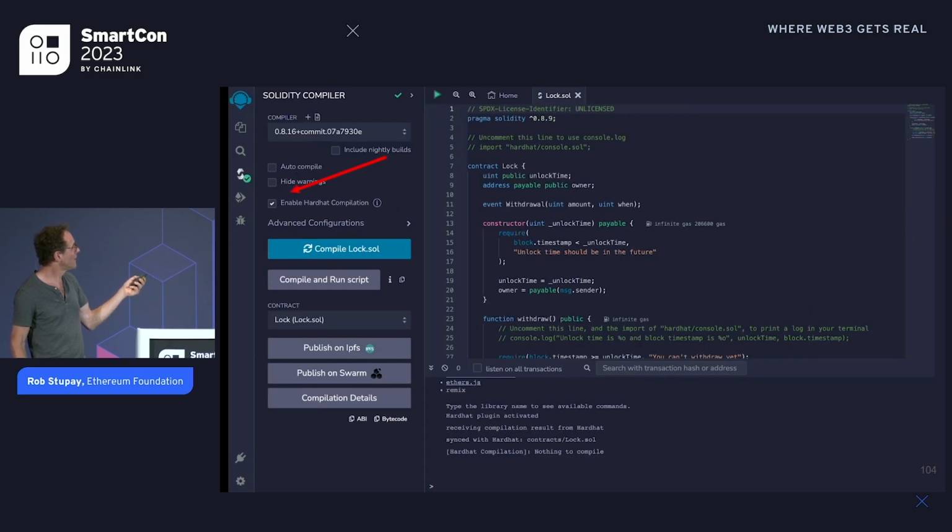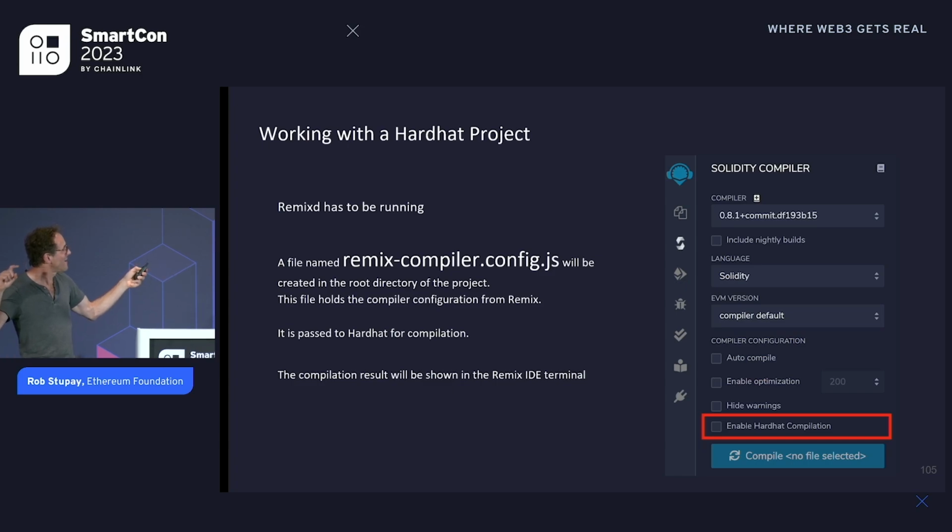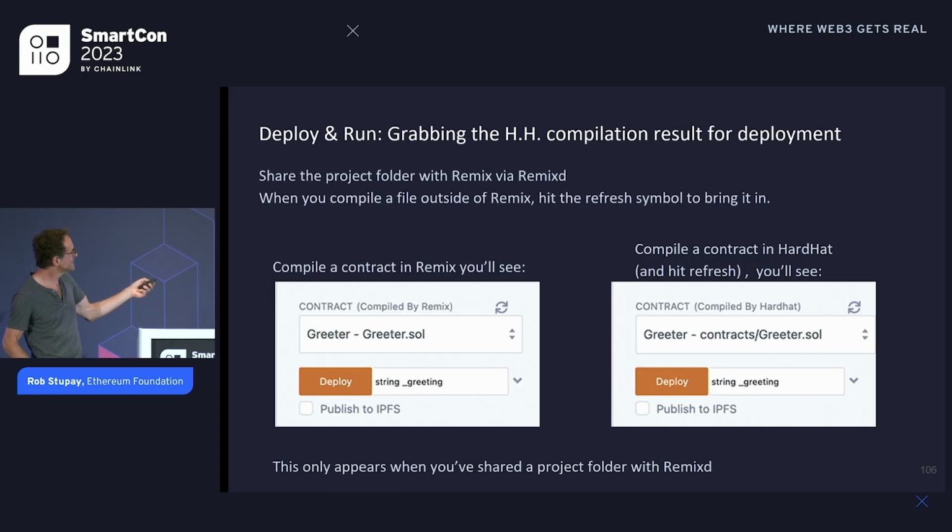And then yeah, it's right there. And of course, Remixd has to be running because you're working locally with Hardhat. Yeah, and for deploying, Remix can grab a Hardhat compilation, and then you can deploy it from Remix,